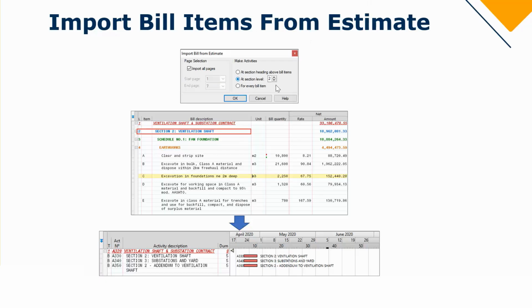So the section option is where you make use of the section levels. In this case, I have selected section level 2. That means it's my heading level 2. So everywhere where I have a 2 in my level number, in this case it is section 2 vent shaft, it will then create an activity for that heading. So now you can see you have section 2, section 3, section 2, the addendum, and those have been made